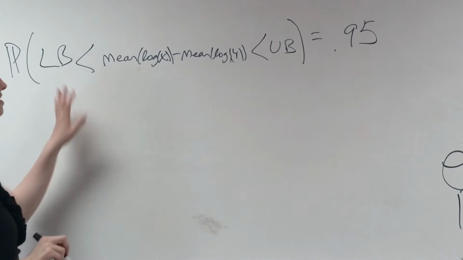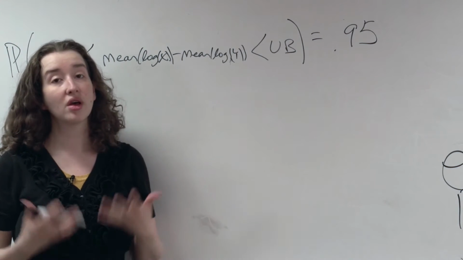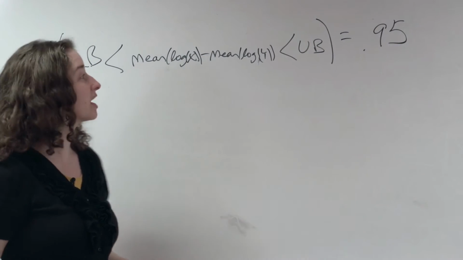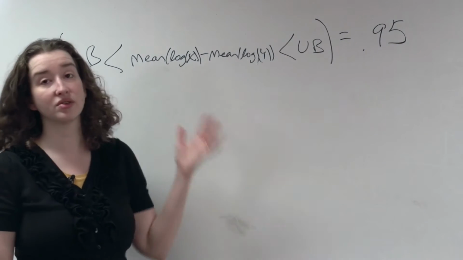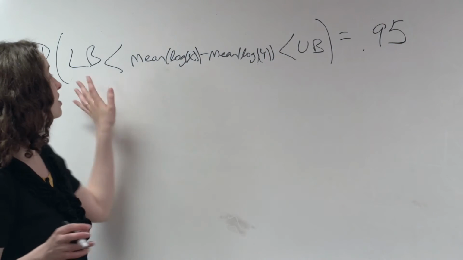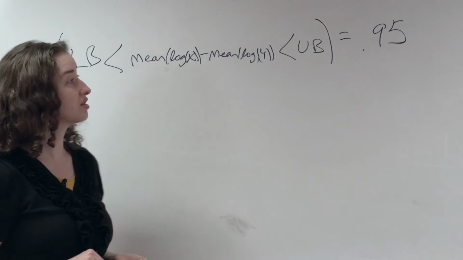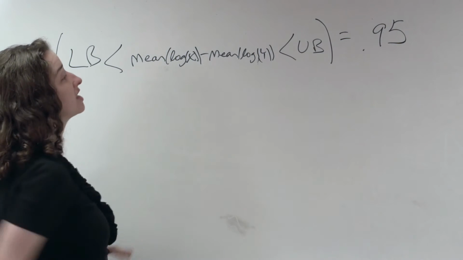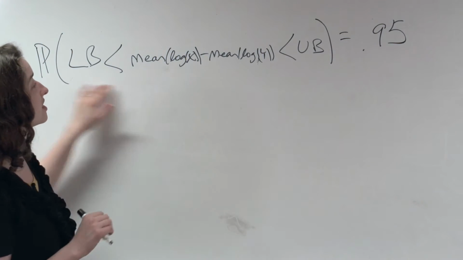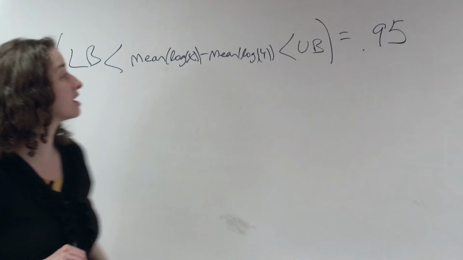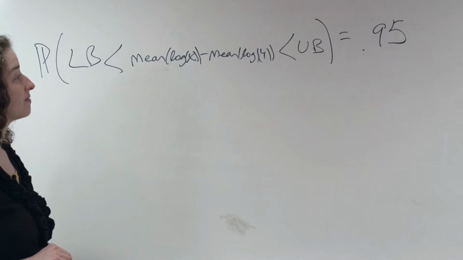And we would calculate these upper and lower bounds the way we always do when thinking of t-tests and the corresponding confidence intervals, just with all our values on the log scale. So this is the upper bound and lower bound that we obtain for the difference in means when everything is in terms of log dollars. So if we obtain this confidence interval, which we believe is an inequality that's true with probability 0.95,